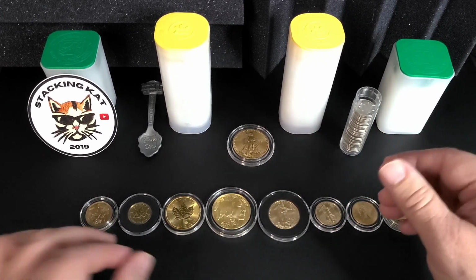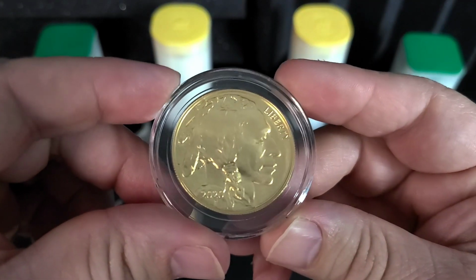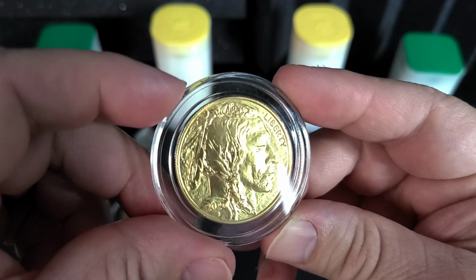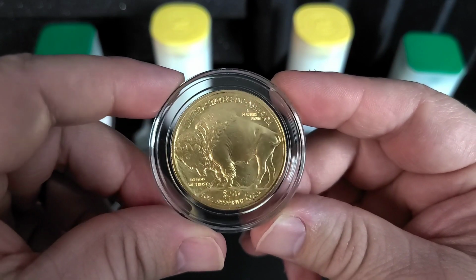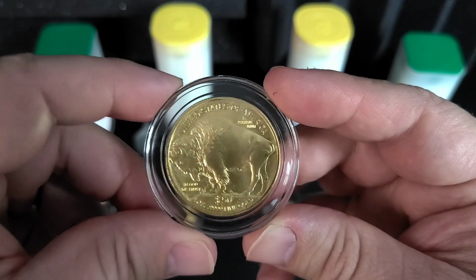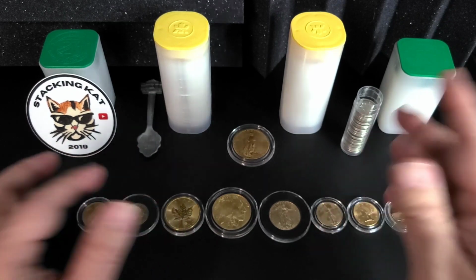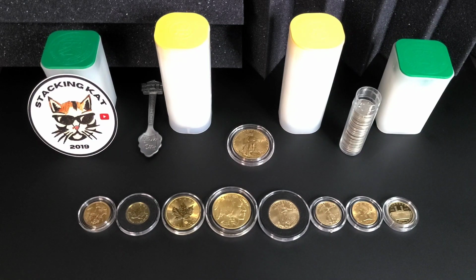Now full ounce premiums are typically somewhere between 3 to 6% as of now. Of course, a few years ago, that wasn't the case, but a Buffalo like this is probably in the 6% range, kind of at the high end compared to some other gold coins. But the Britannia here was 4.4% at Monument. It's even cheaper than that, I believe, at SD Bullion. So there are definitely better buying opportunities, but expect that 3 to 7% range, somewhere around there when you buy